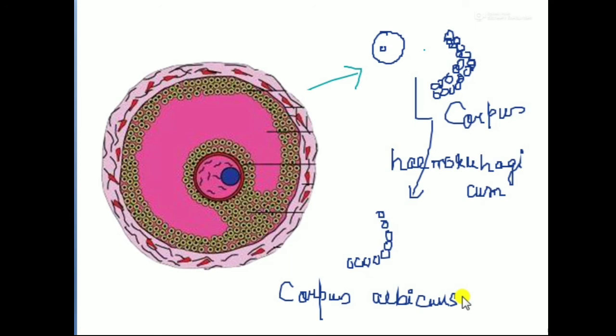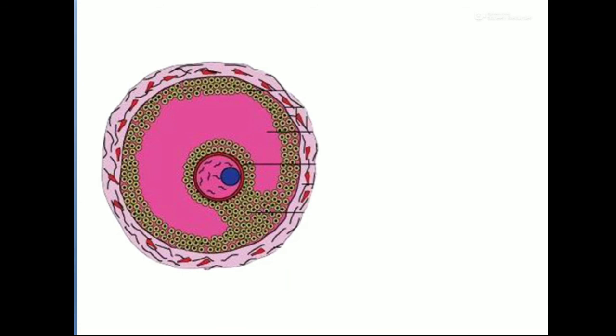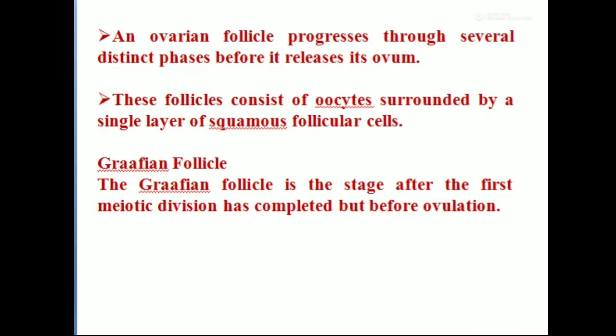Okay, we see various stages of development in this picture. If we see the section of the ovary, we see all the follicles, the whole scenario of the ovary. Here we see the transverse section of the ovary and the ovarian follicles, primary follicles, how one of the primary follicles matures to form the Graafian follicle, and how the Graafian follicle looks: it has an antrum, liquor folliculi, membrana granulosa, theca externa, theca interna. These are the different parts that are present.